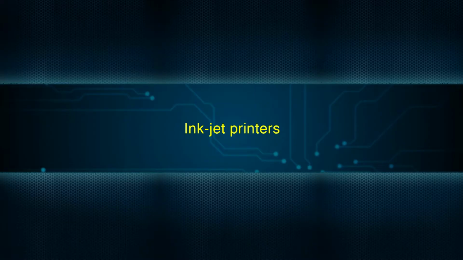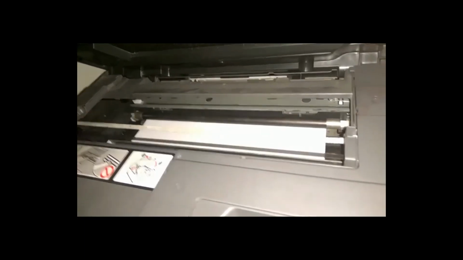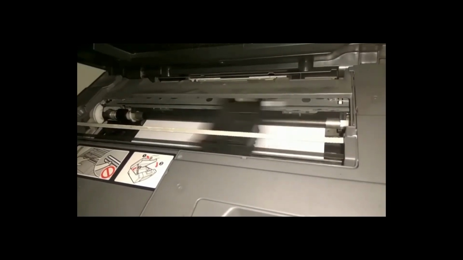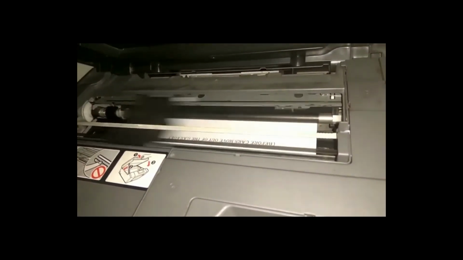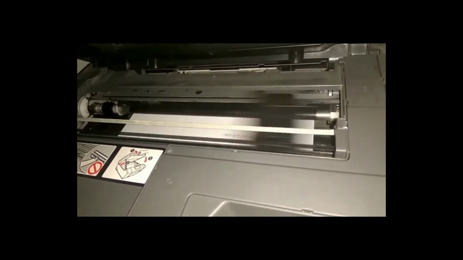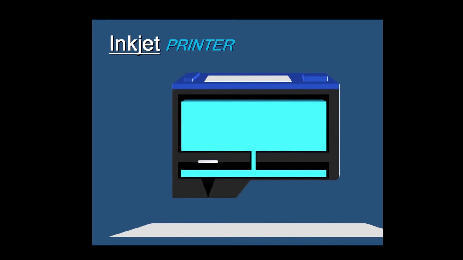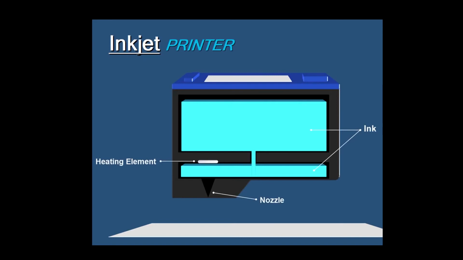Inkjet printers. Inkjet printers work in the same fashion as dot matrix printers, forming images or characters with little dots. However, the dots are formed by tiny droplets of ink. Inkjet printers form characters on paper by spraying ink from tiny nozzles through an electrical field that arranges the charged ink particles into characters at the rate of approximately 250 characters per second. The ink is absorbed into the paper and dries instantly. Various colors of ink can also be used.